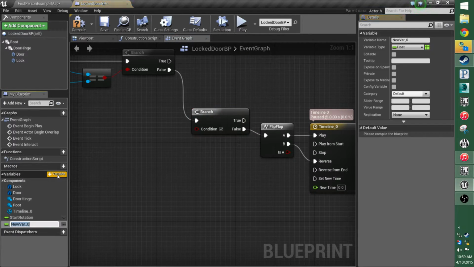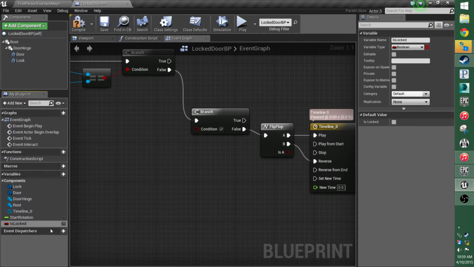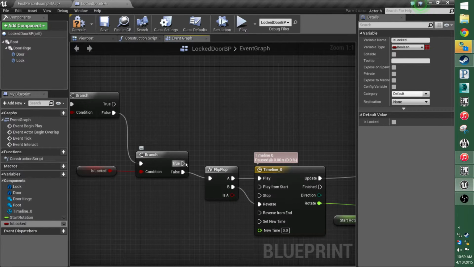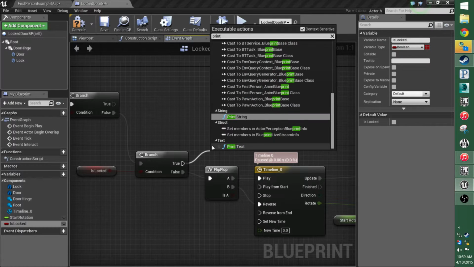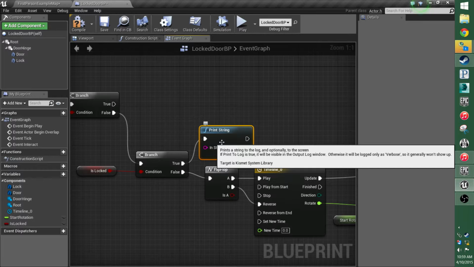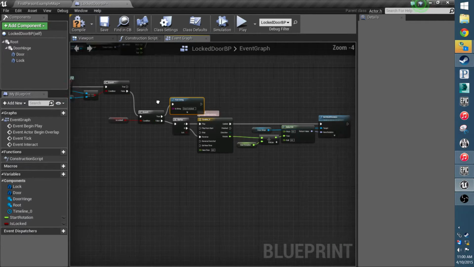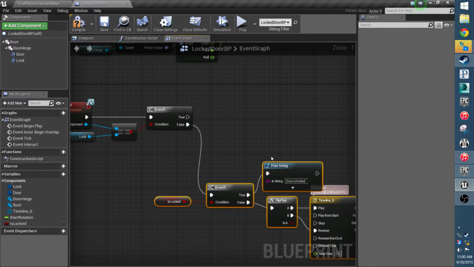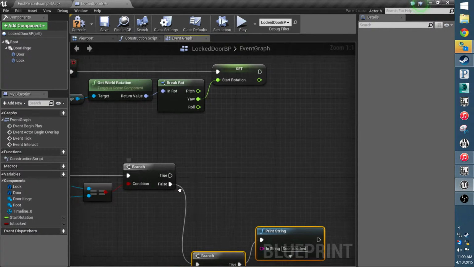So we need a variable called isLocked, boolean. If it is locked, let's print a string and say door is locked. So that's pretty much done for now. Okay, so if it is locked,